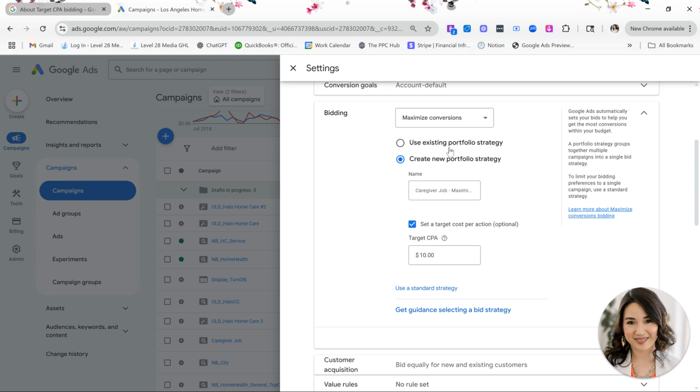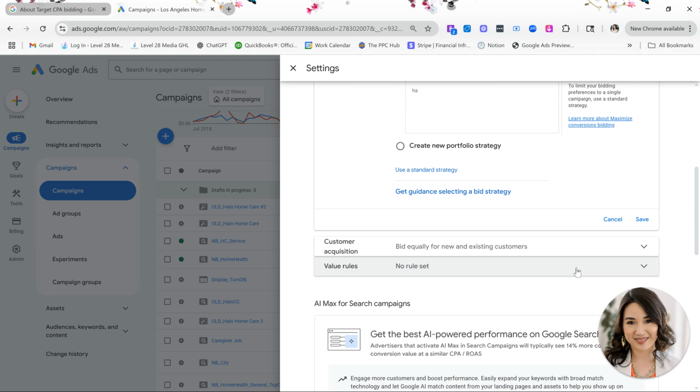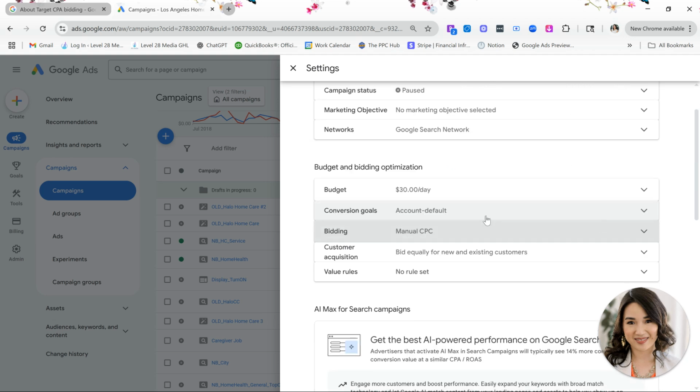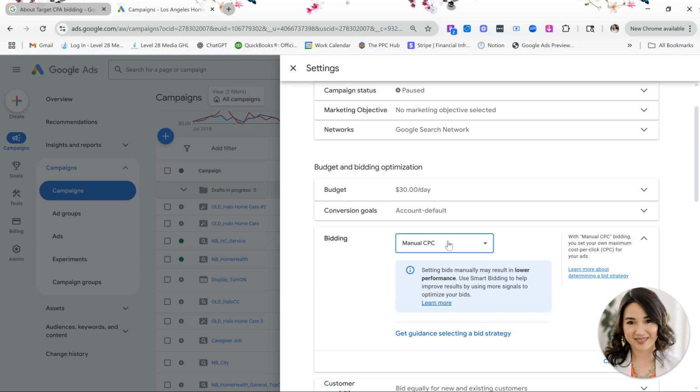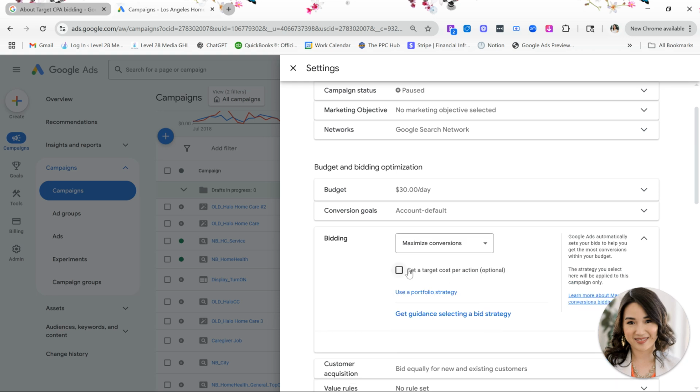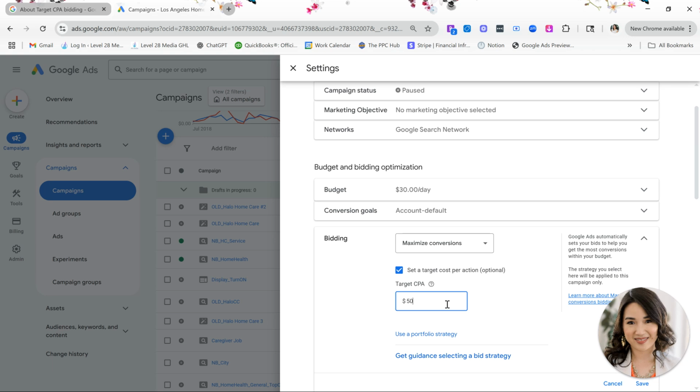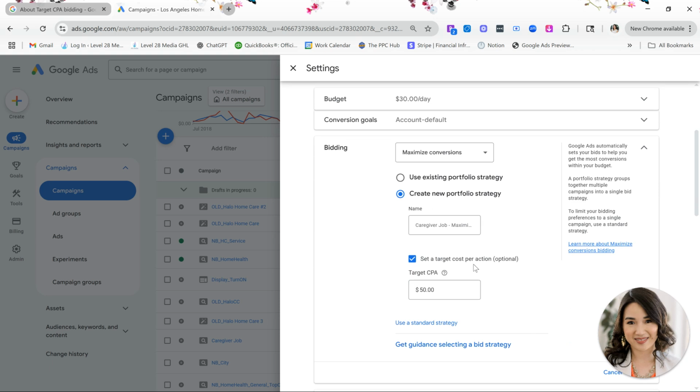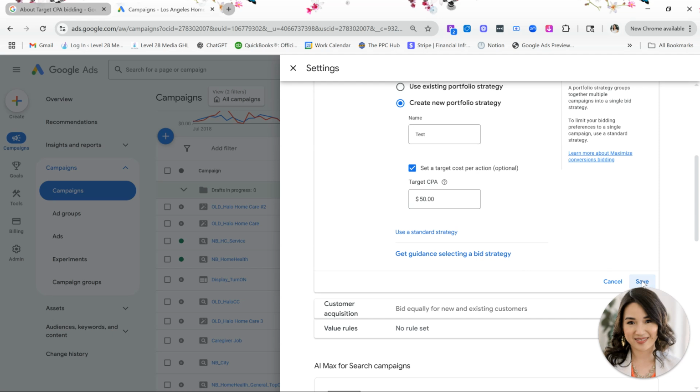By going to maximize conversions, target cost per acquisition, set a target cost per acquisition, use a portfolio bid strategy, set a name for it. I'm just going to call this a test, save,